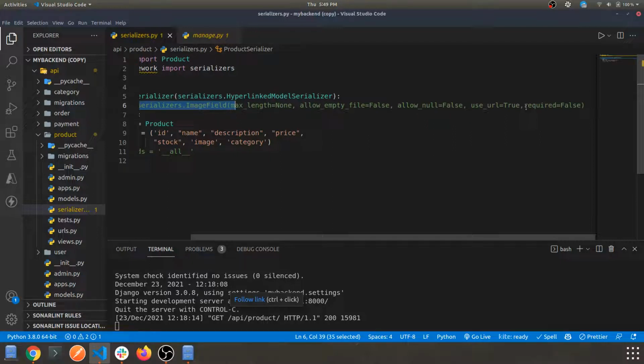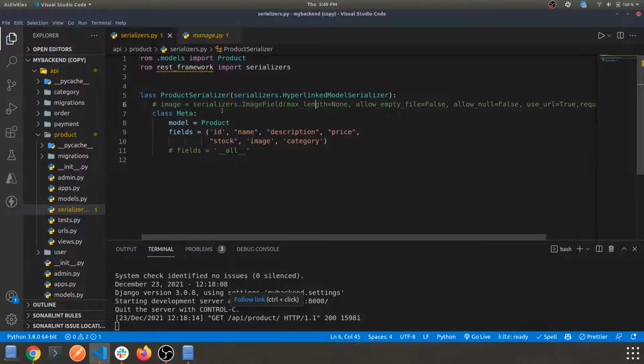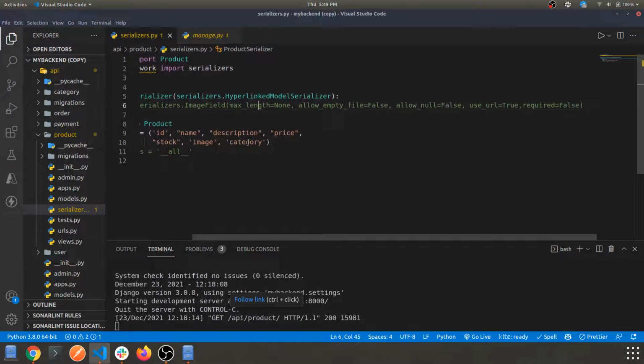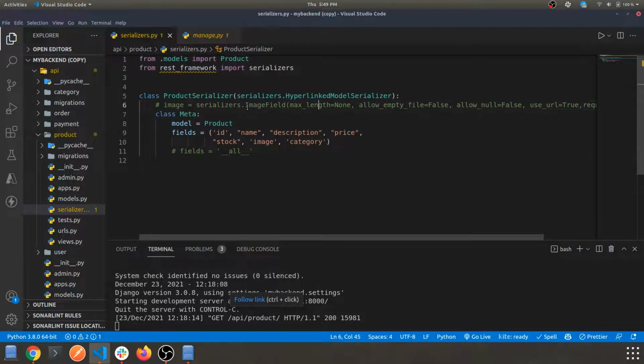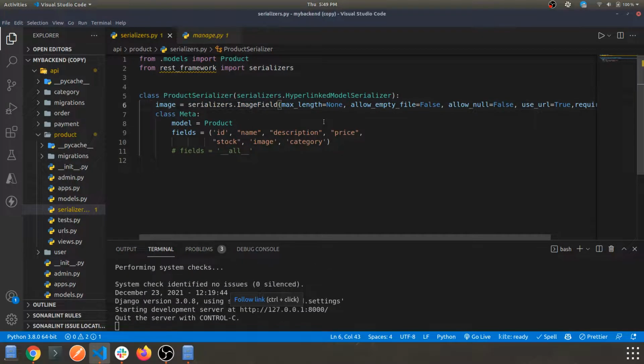So this is something which you need to do. Just copy this code, or you can just type it down. I'll uncomment this, and it will not make any changes to the response, but it's a fail safe basically.